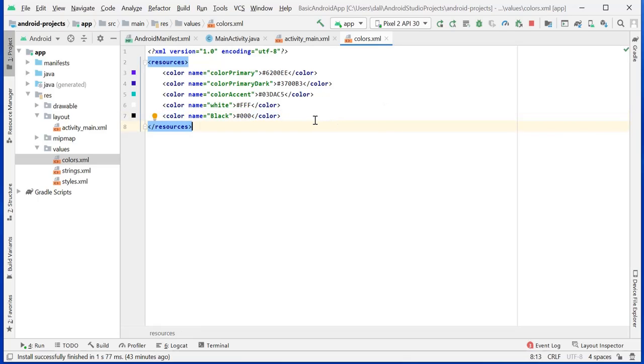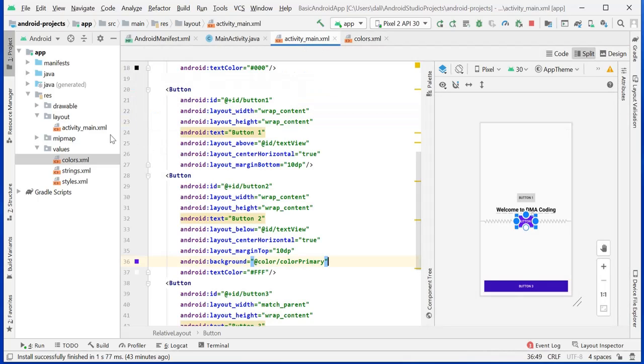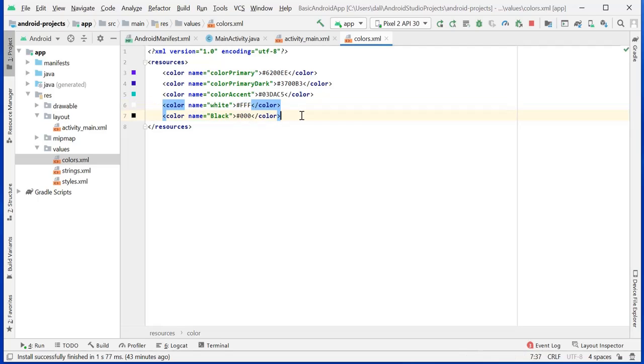Yeah, this can be used in the entire project, in any different XML also. If we create some more XML files, we can directly use that. And one more thing, if this color, for example this is now white color, we have a separate common color we are creating for title, for example.